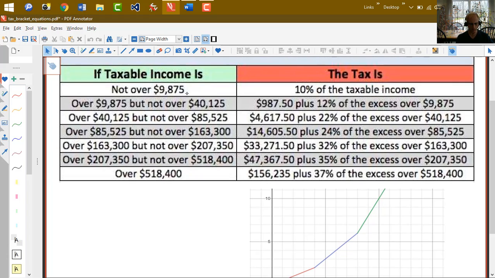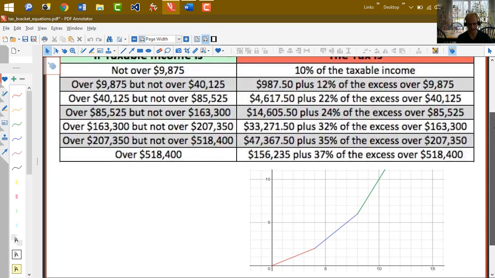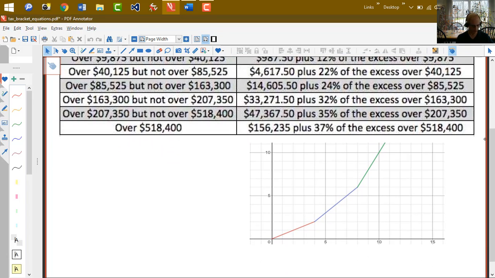So we're looking right here at the tax brackets for 2021. I'm sorry, 2020. And what you can see is that up until a certain point of taxable income, between 0 and 9,875, you pay 0.1, or 10%, of whatever your taxable income is. That is the income tax you pay. So if we're looking at